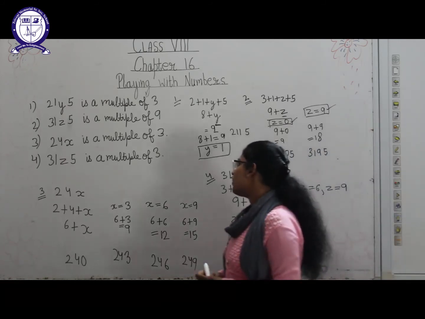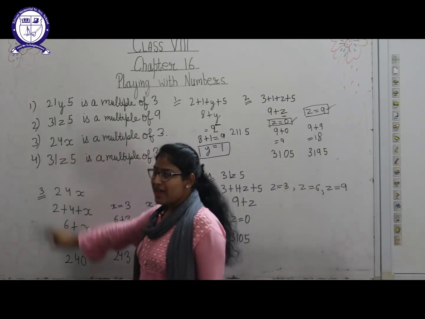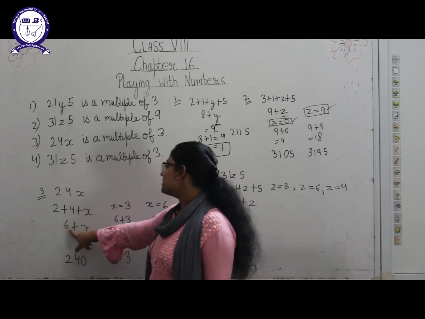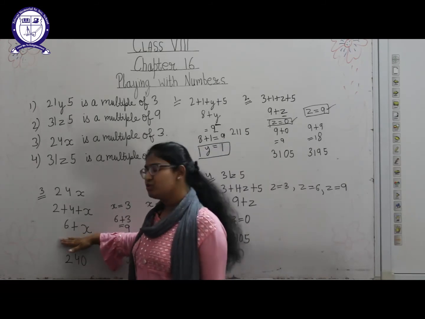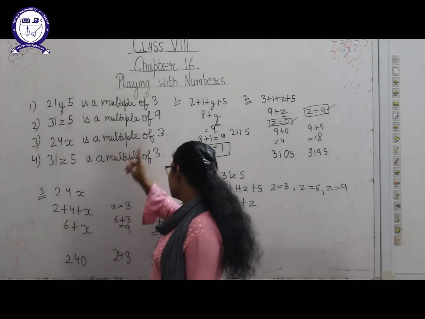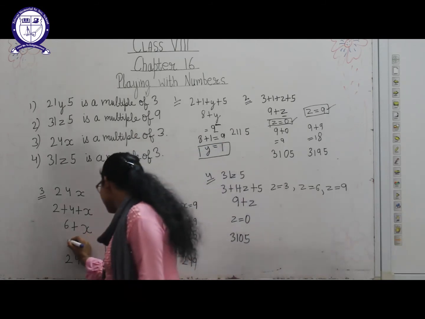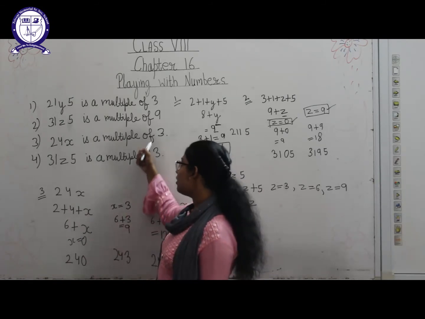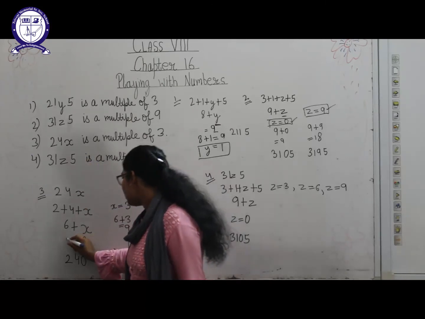Okay, now the third question is 24x is a multiple of 3. Here we need to find the value of x. Now 24x, 2 plus 4 plus x, 2 plus 4 is 6, we get 6 plus x. Now for a multiple of 3, the sum should be a multiple of 3. Here we are getting 6 already, as 6 is a multiple, so we will think of the value of x. So students, if we put the value of x as 0, what will we get? We will get 6 plus 0 to be 6. 6 will be a multiple of 3, so 240 will be the number,